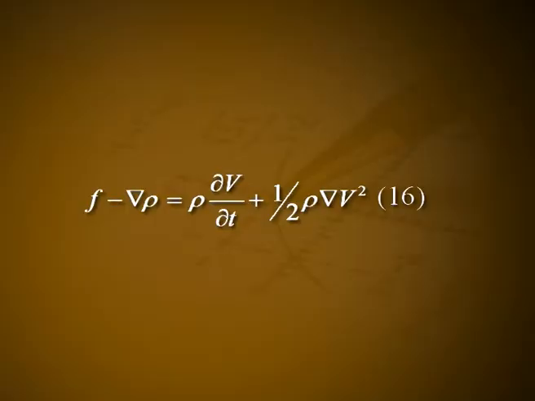Equation 10 takes the following form for irrotational motion. F minus del p is equal to rho into ∂v divided by ∂t plus 1 by 2 into rho into del v squared. Let it be equation number 16. In case we are dealing with a type of fluid flow for which del cross v vanishes in the entire region, that is space, the integration of equation 16 becomes relatively simple. In this case, one may represent v as the gradient of the velocity potential psi.